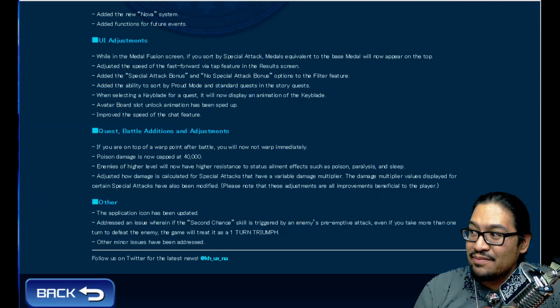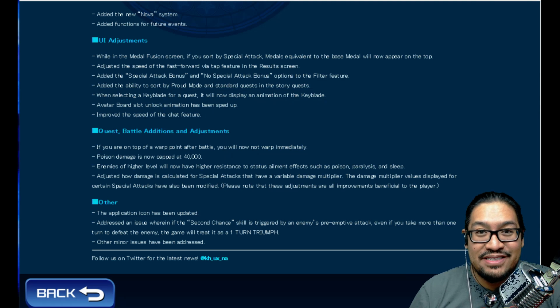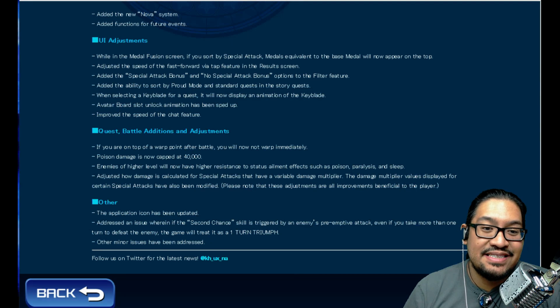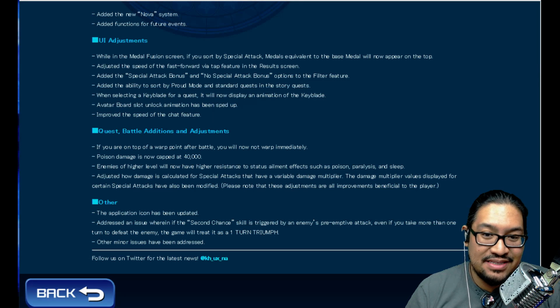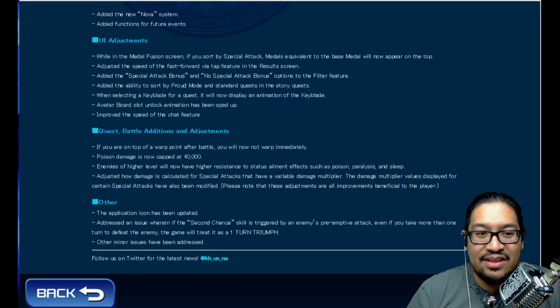There have been a lot of times when I have actually depended on poison saving me. So that 40,000 is great, but there's a lot of enemies coming up in Heartless that 40,000 is not going to finish off. Enemies of higher level will now have higher resistance to status ailment effects such as poison, paralysis, and sleep. Okay, so that makes sense, but I don't like it because that just means that it's going